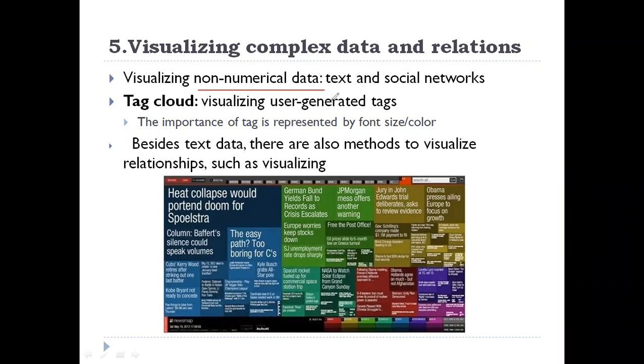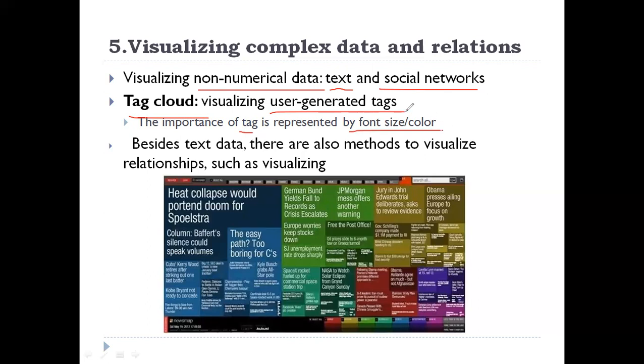Non-numerical data, in the sense it may be text information or it may be social network information. Here we can use tag clouds. It shows user generated tags, which kind of tags are generated by users. The importance of a tag is represented by font size and color.